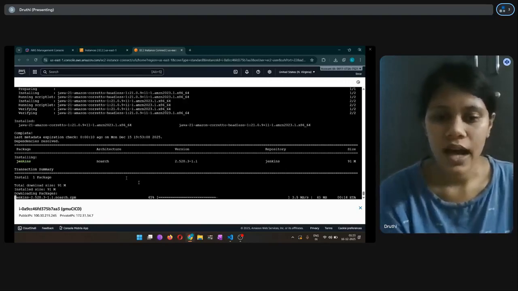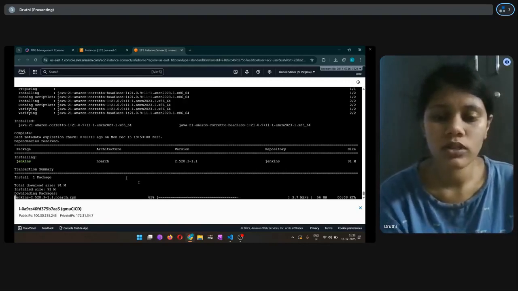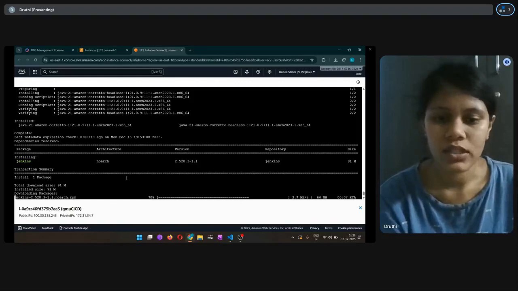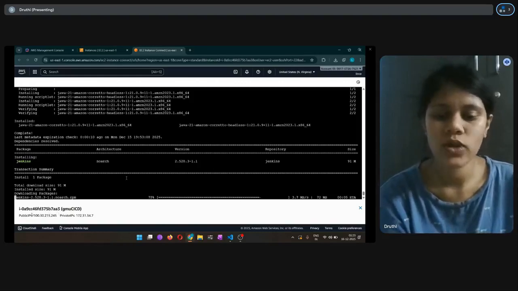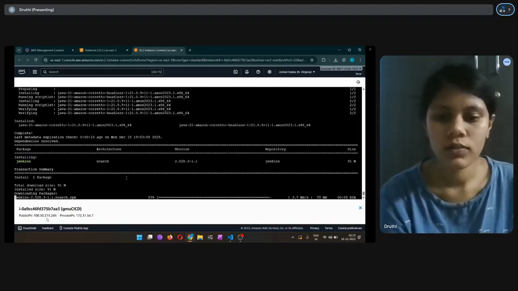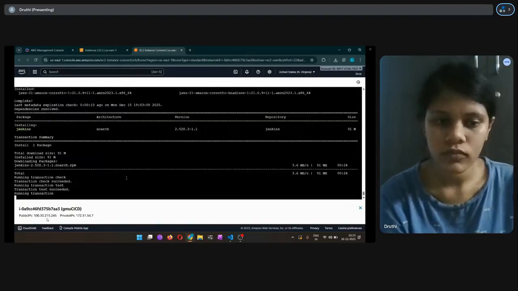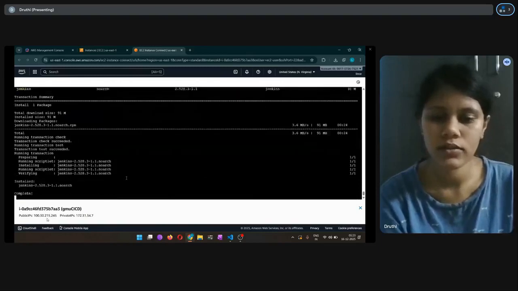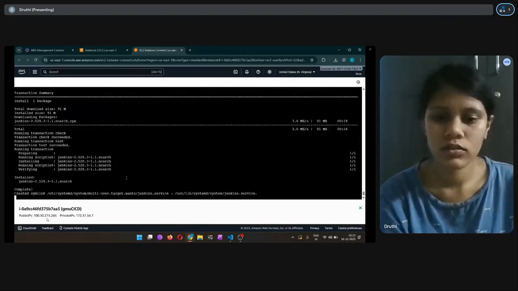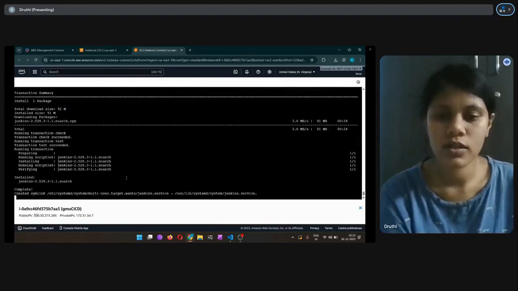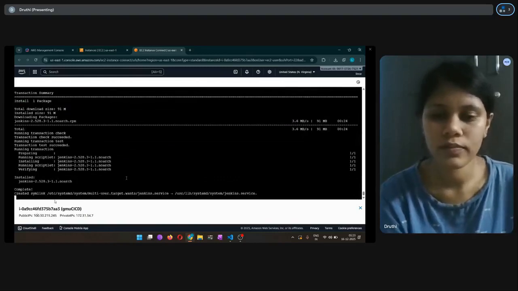Then Jenkins is active now, and here we are copying the IP address. Like down there, we have the IP address, as you can see in the video here. Copy it. It's still in the process of installing.